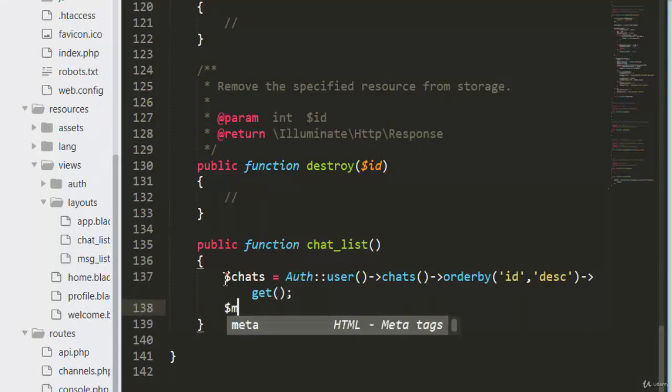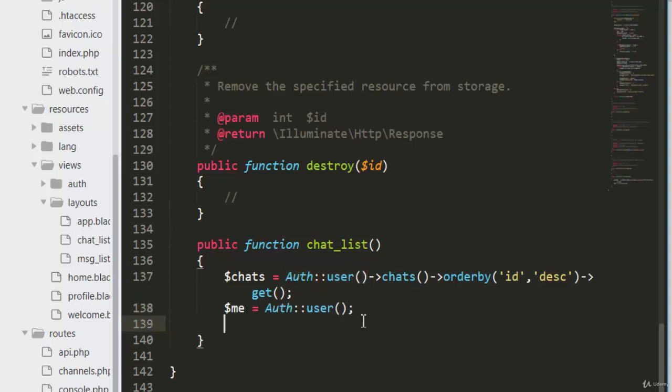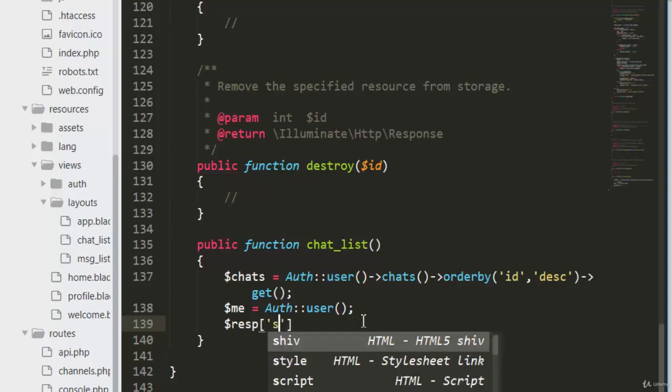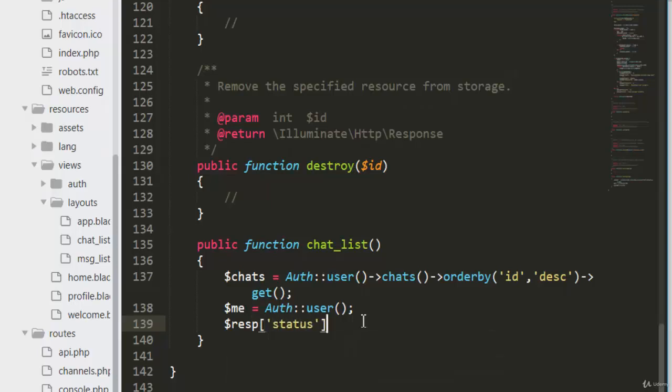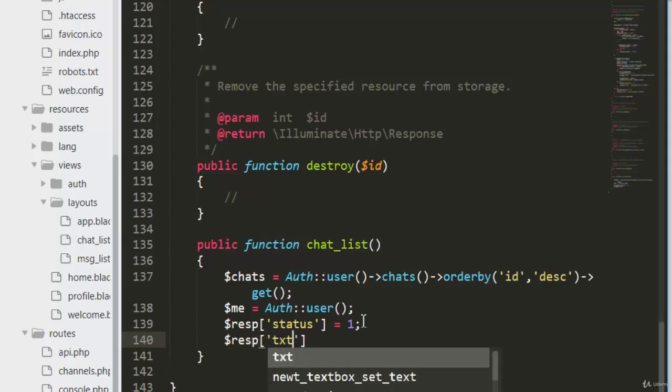And I think we again need me, auth user. Let me just copy from here, and response, status 1, response text is equal to